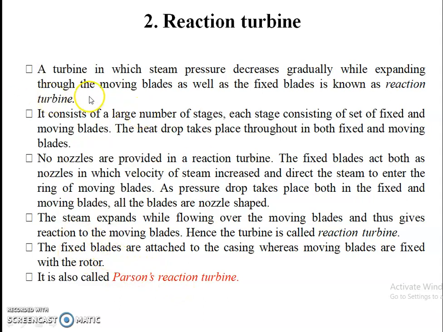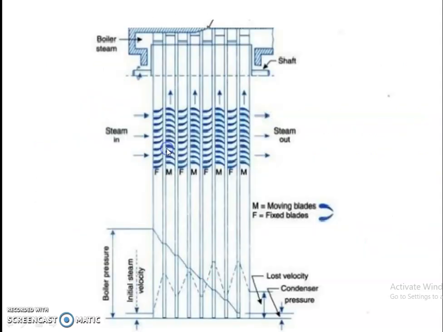In both reaction and impulse turbines, the steam glides over the blade surface, and net force is extracted from the blade surface. In the impulse turbine, there is no pressure drop in the blade passage area. But in the reaction turbine, there is a pressure drop in the blade passage area. Due to the pressure drop, an additional force acts on the blade passage. There are two conditions. The first condition is that the blade has two types of forces: one is the change in momentum, the impulse force, and the other is the reaction from the pressure drop.